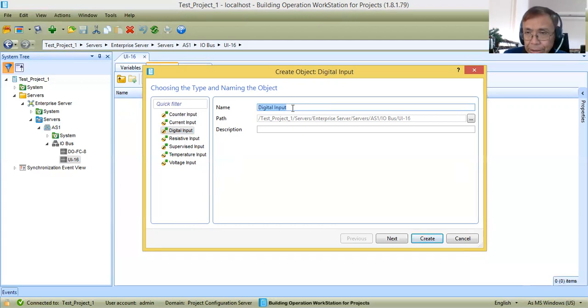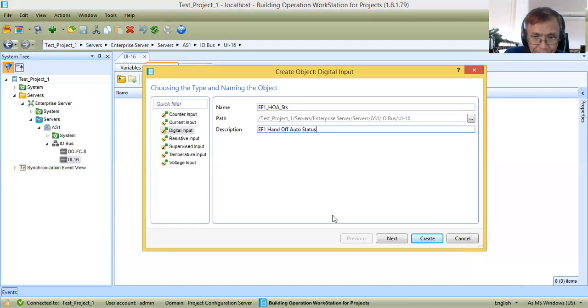Now we need to specify the input information. So this one I will say EF1 hand off auto STS. So I will give here my description: EF1 hand off auto status. Let me complete the status.